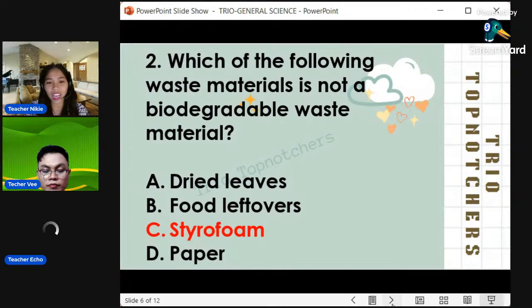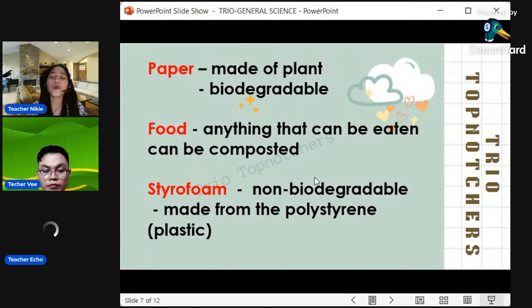Okay, so let's discuss. Alright, yung paper po, it is made of plant. Alam na alam natin yan, di ba? Paper is made of plant, kaya it is biodegradable. Alright? Ang food naman, anything that can be eaten can be composed. Okay? Alright. So, biodegradable pa rin yung food. Alright, yes, no? And we have here styrofoam,